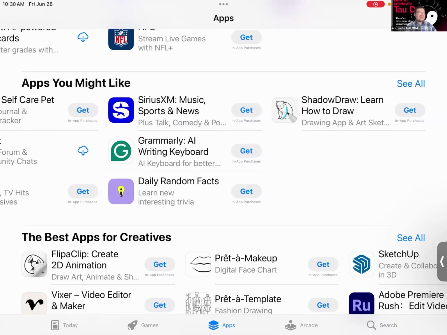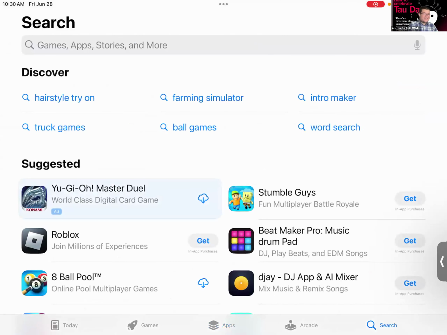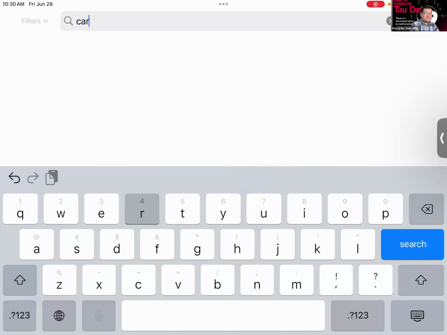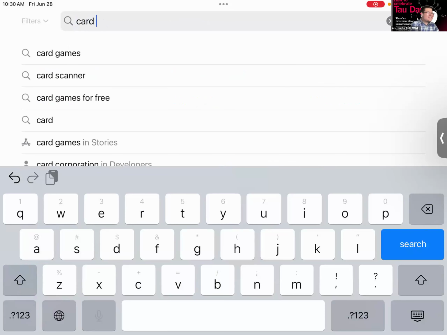And last but certainly not least, the one that we'll utilize the most during these sessions and today is the search feature. You can search for any app, name, type, whatever, right? This is how I look up the apps for our sessions. I just go to the App Store and search for whatever topic we're covering and see if there are any apps to take advantage of. The App Store is your oyster, as I say.